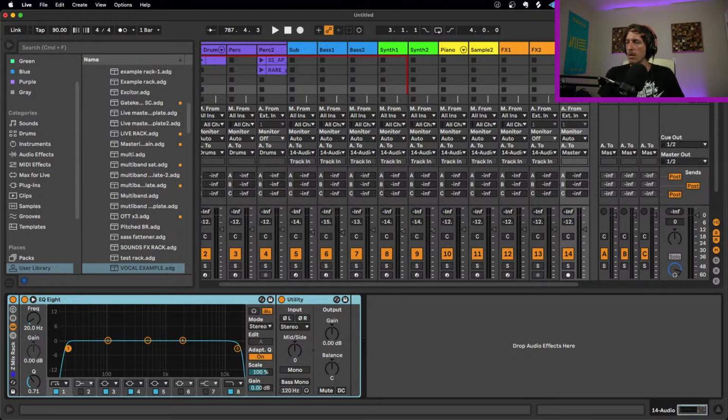So Marco is asking, what about having utility set on negative 10 decibels? That is, weirdly enough, not going to be the same thing. Specifically because of the way summing works. And I am not advanced enough at math to explain to you the math behind summing and how it works. So summing is basically,